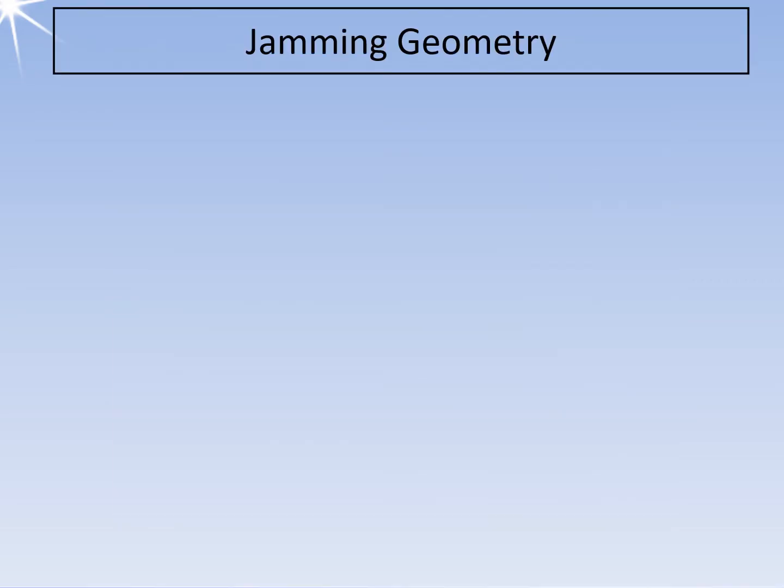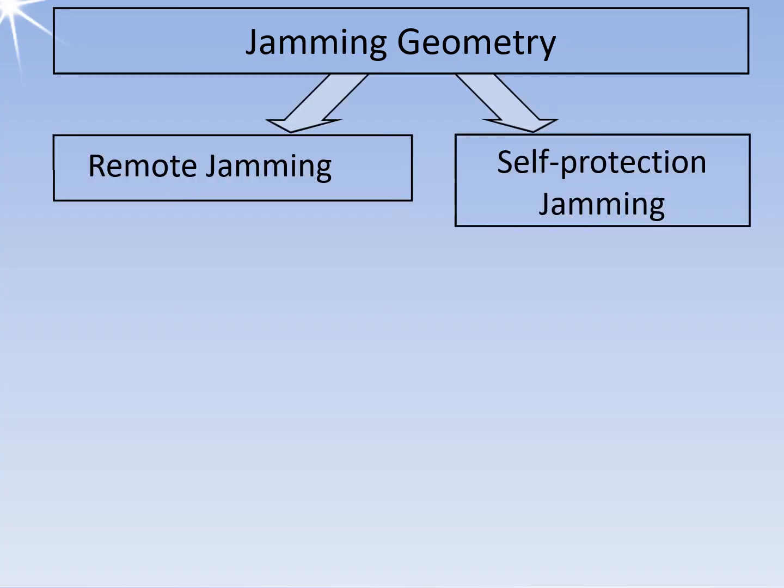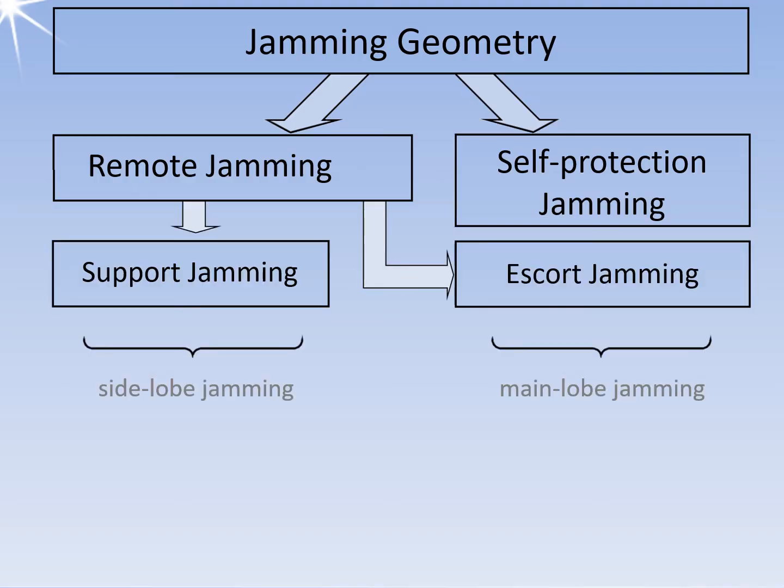Jamming can also be classified by jamming geometry, which means, according to the position of the jamming carrier to the object to be protected. In self-protection jamming, the radar echo source and jammer are collocated. In remote jamming, the equipment is located in another aircraft. Escort jamming means the jammer is located in another aircraft at a slightly different angle and/or range.